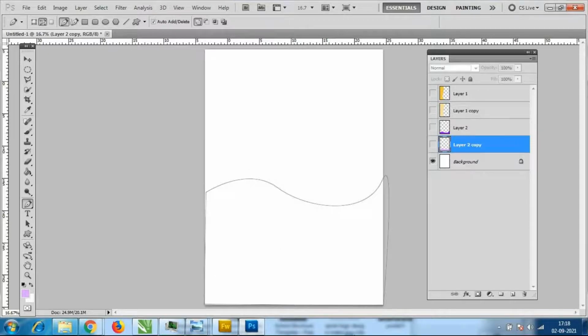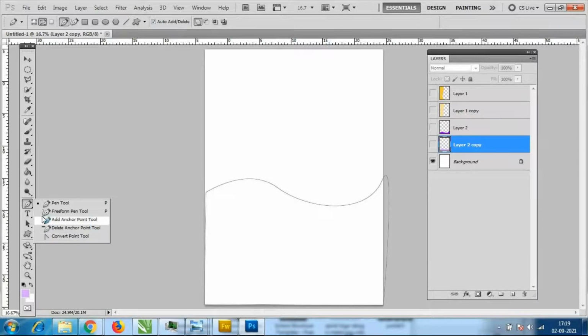I will select like this. Now I want to modify the shape. So what I have to do is go to this pen tool. There is an option here, the convert point tool. We have different options: add anchor point tool, delete anchor point tool, and convert point tool.